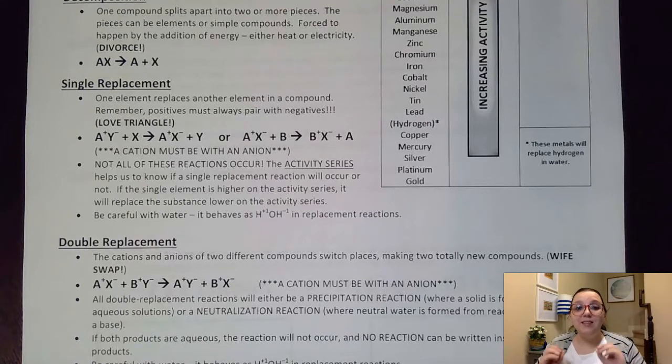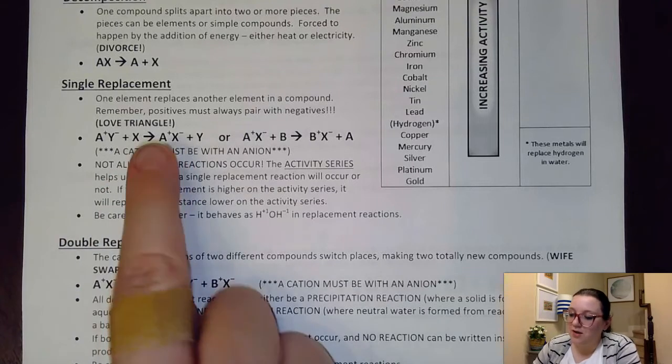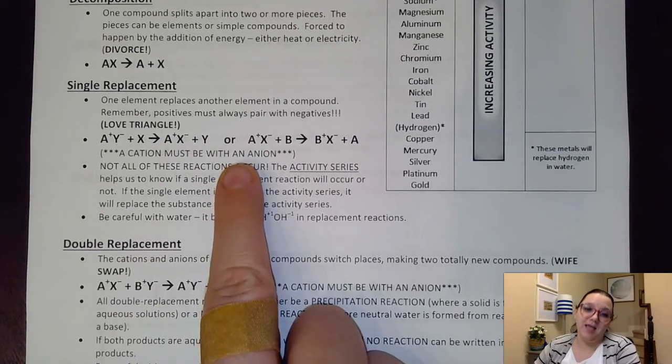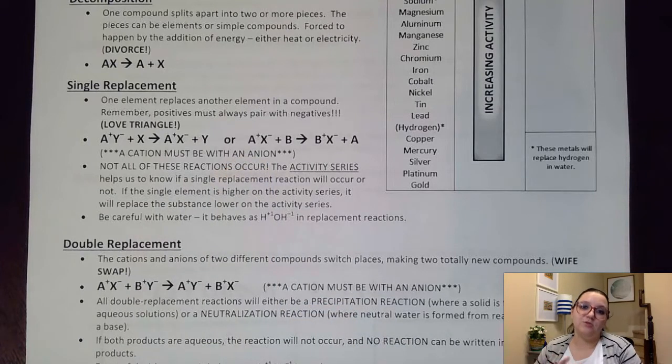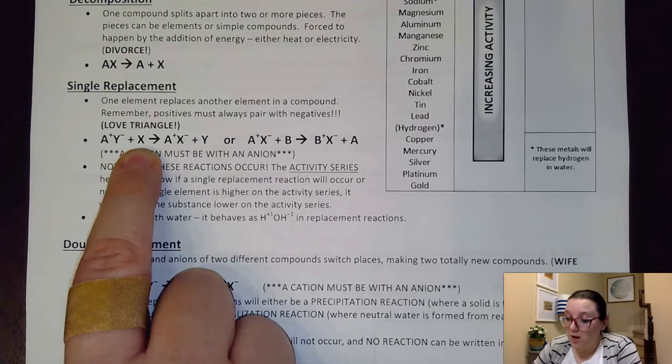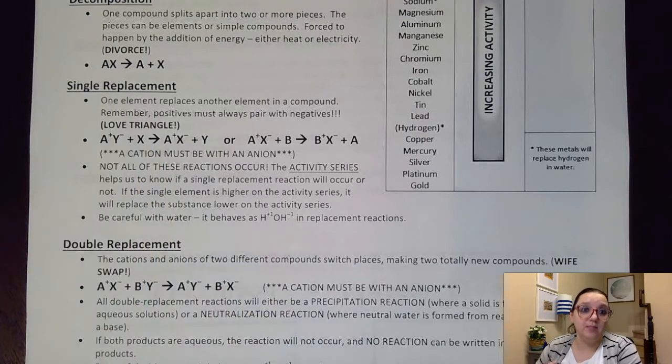Now, the key thing to remember is that whenever you create that new compound, you always have to have a cation with an anion. I've got to balance those charges appropriately. Now, I will warn you, not all single replacements occur. It depends on what kind of element this is here and what kind of element it would be replacing in the compound. So we sometimes have to utilize what's called an activity series to figure out if these reactions happen